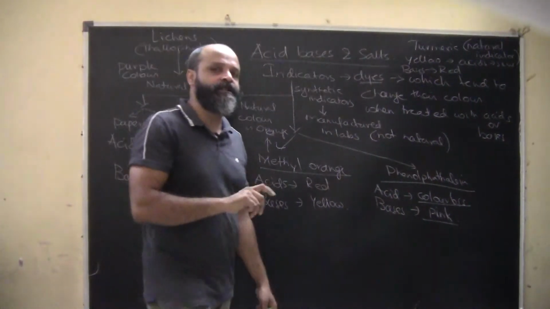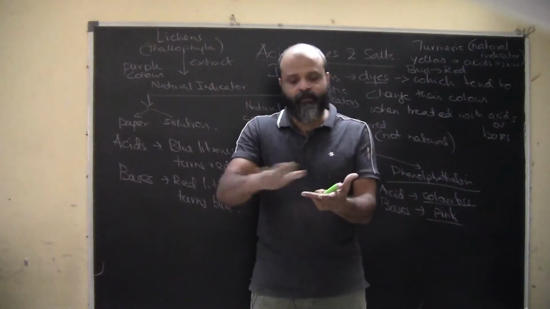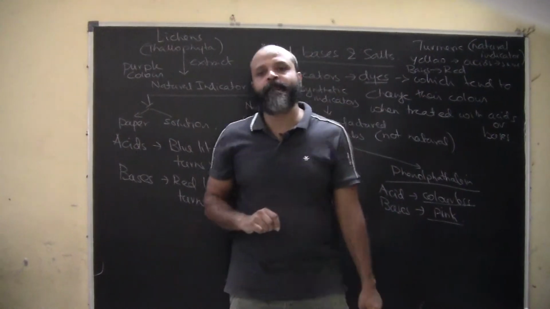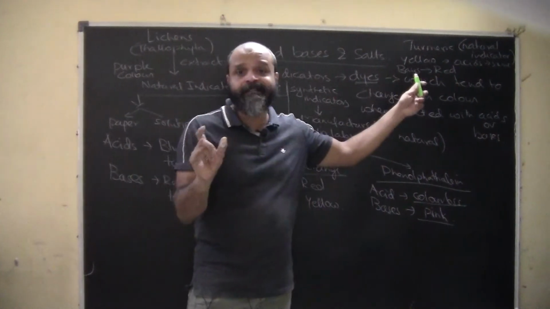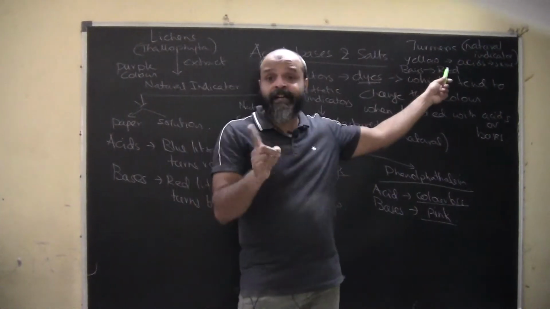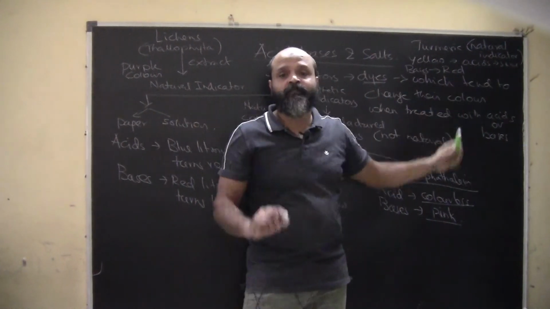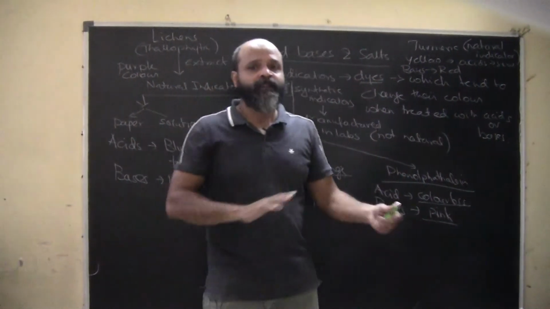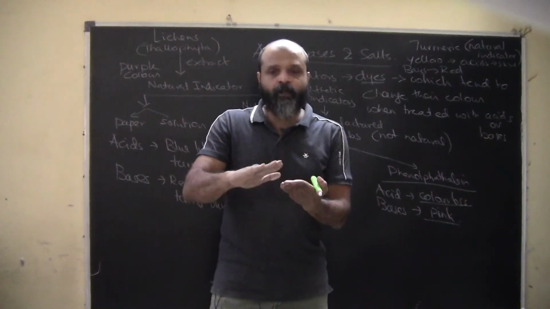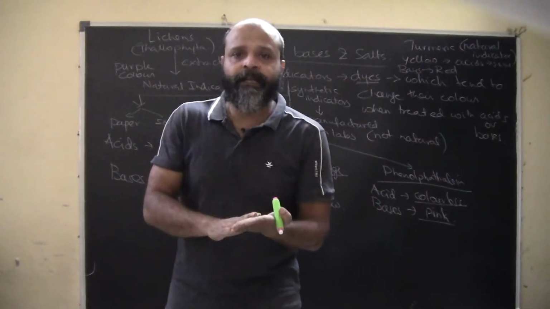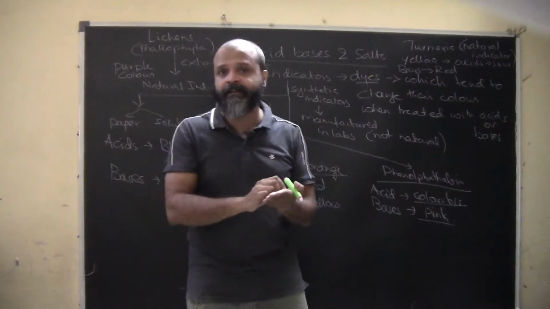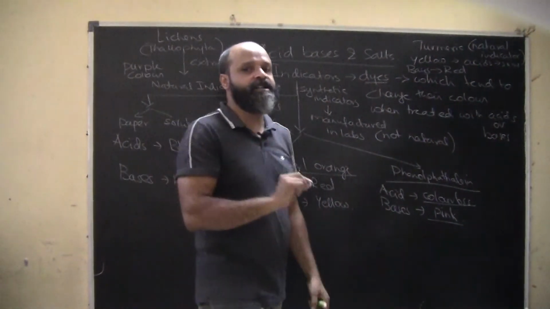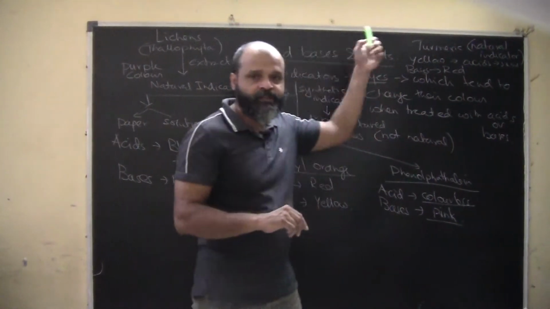Now when we are applying the soap or the detergent on it, you will notice that the color changes to red. Why? Because soap is basically a base, and turmeric is an indicator, so the color changes to red. For some time the color will become red before it vanishes with the soap solution. So that's a natural indicator again.